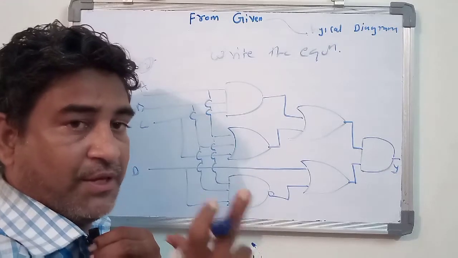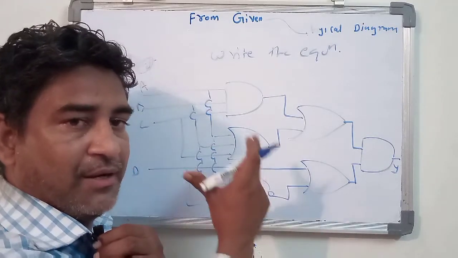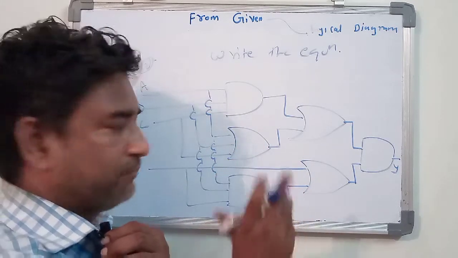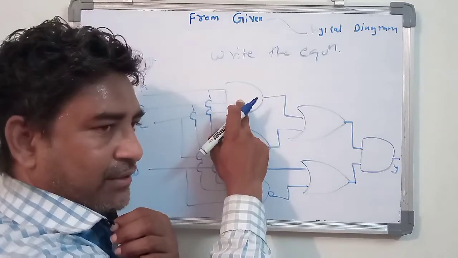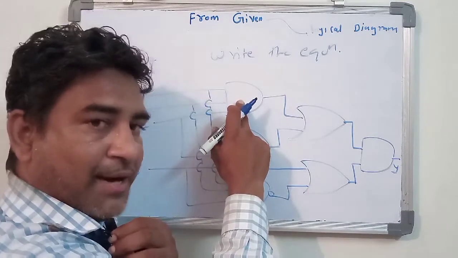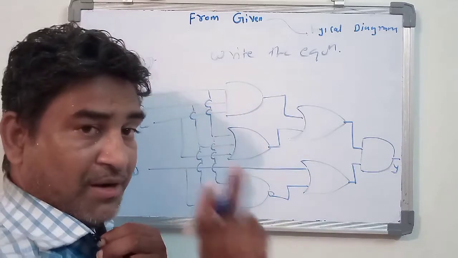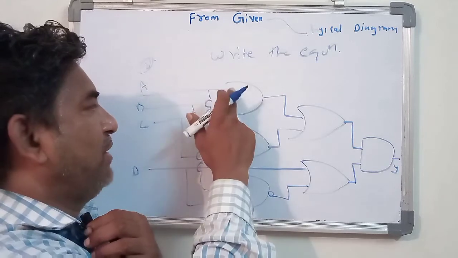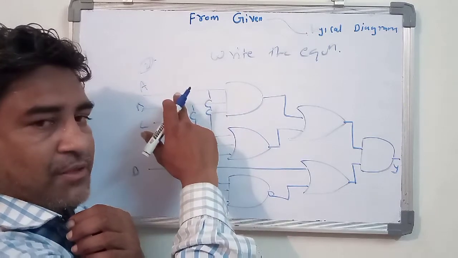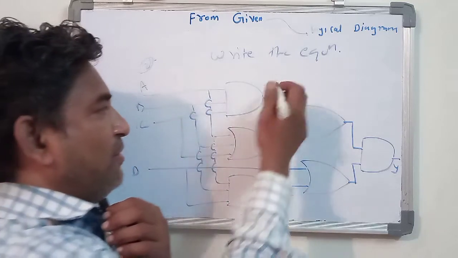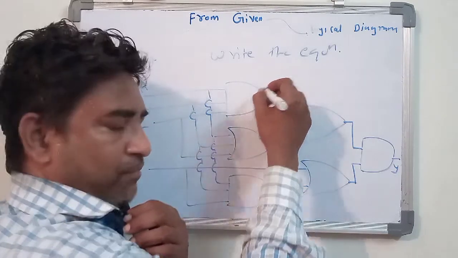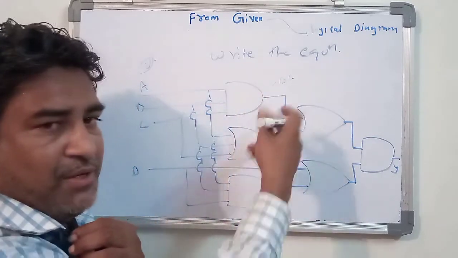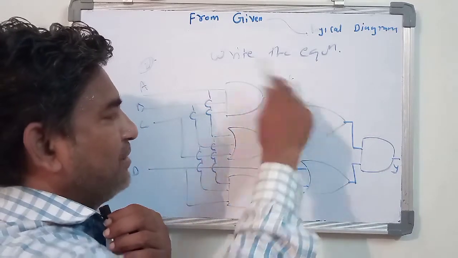First you observe which gates are present in that diagram. You have to observe carefully. So what is this gate? Yes, it is an AND gate, and this gate is used for multiplication. How many inputs are connected to this AND gate? You observe here 1, 2, 3. That 1, 2, 3 is nothing but A, B, and C. So here, using the pencil, you just write down A, B, and C, as it is multiplication. So you will be getting ABC.